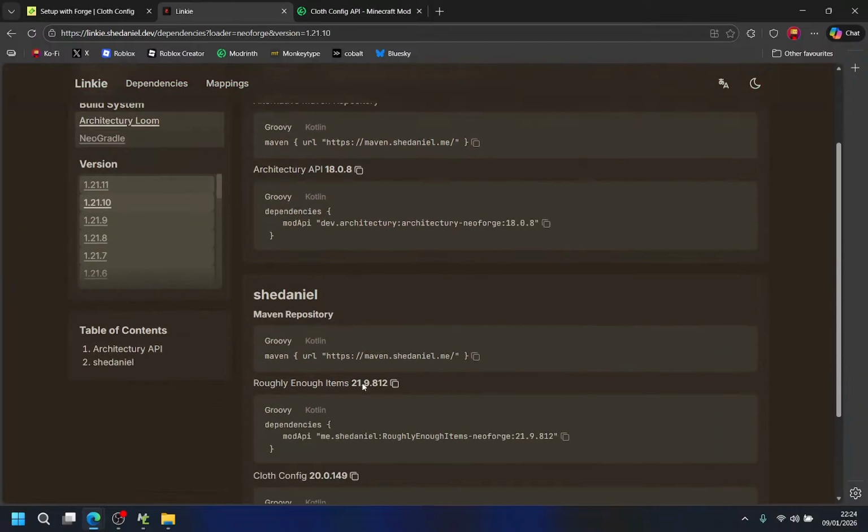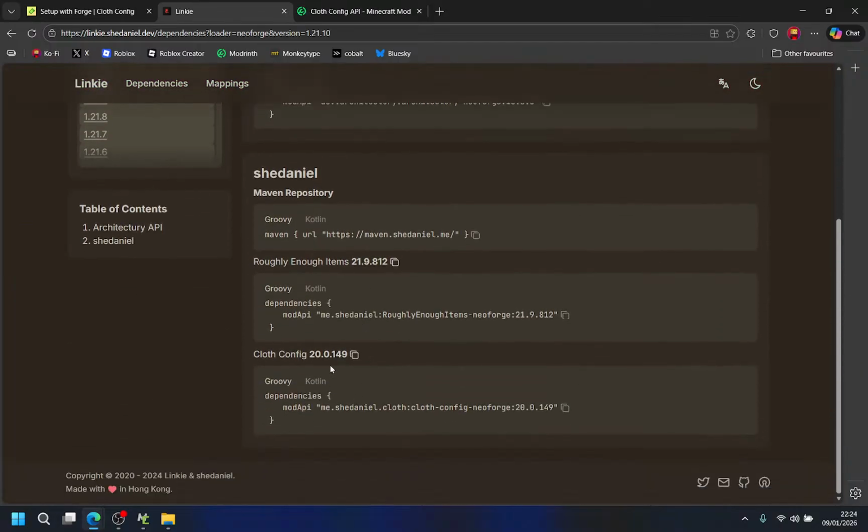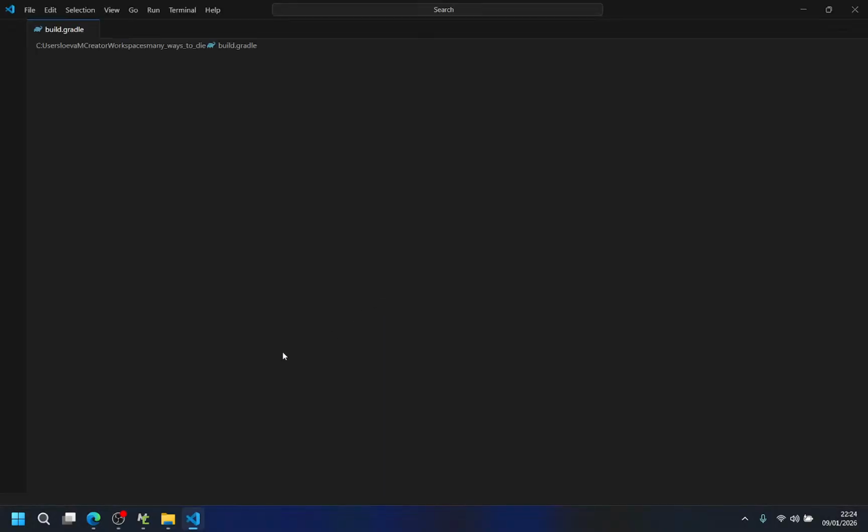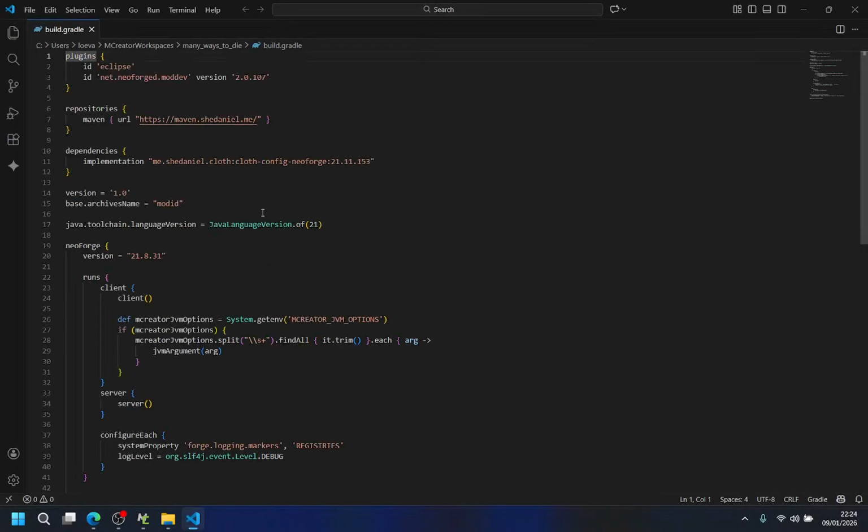This one. This still is Clove Config. It's just that it's a less newer version, we'll say. So we have dependencies, and we do this.